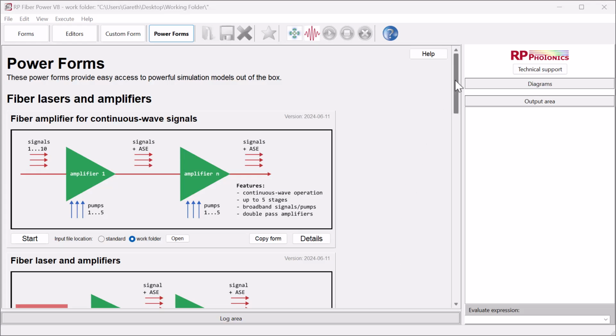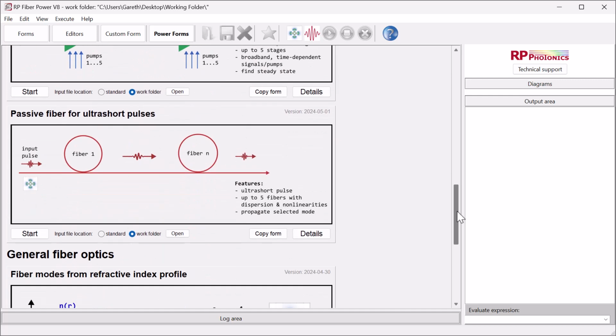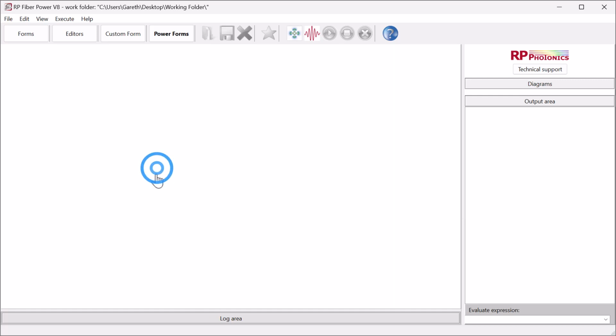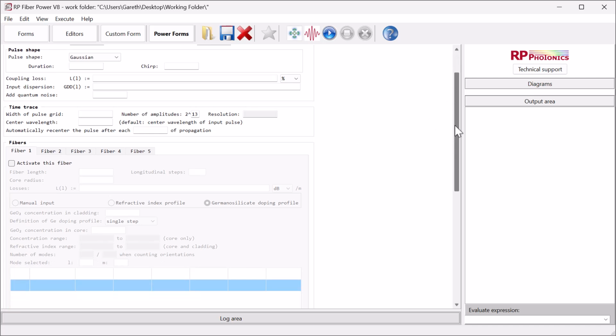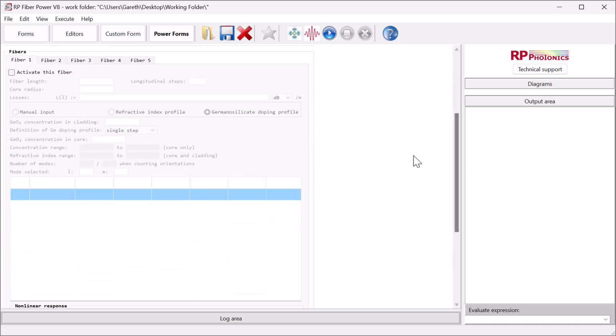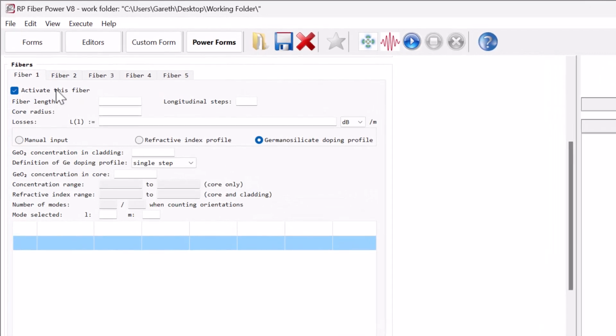For this simulation, we use the power form titled Passive Fiber for Ultrashort Pulses. We'll begin by setting the properties of the fiber before addressing the pulse. The fiber will be set up similar to Corning's SMF28 single-mode fiber, widely used in telecommunications. We'll set the fiber length to 1 meter and the longitudinal steps to 1000. This ensures that we resolve the quite violent processes involved in supercontinuum generation, with a core radius of 4.1 microns,